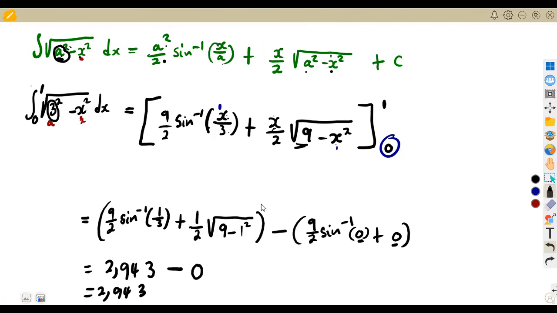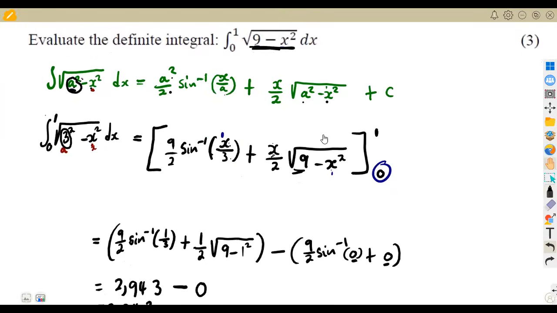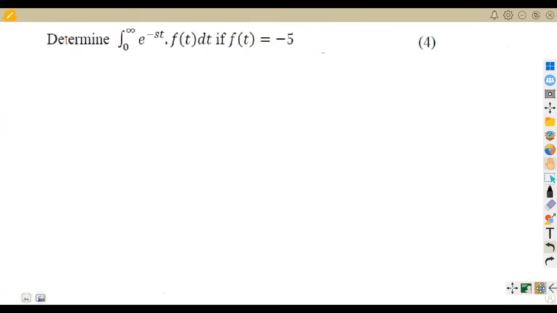This is the introduction of your area. If you are talking about questions which are about area, it's actually calculating your definite integral. If you know this definite integral, then we are not going to have a challenge, whether you are working with area or with volume, because it's simply integrating, then substituting your limits, upper limit minus the lower limit. But there are some questions that you need to just play around with again to understand, which is